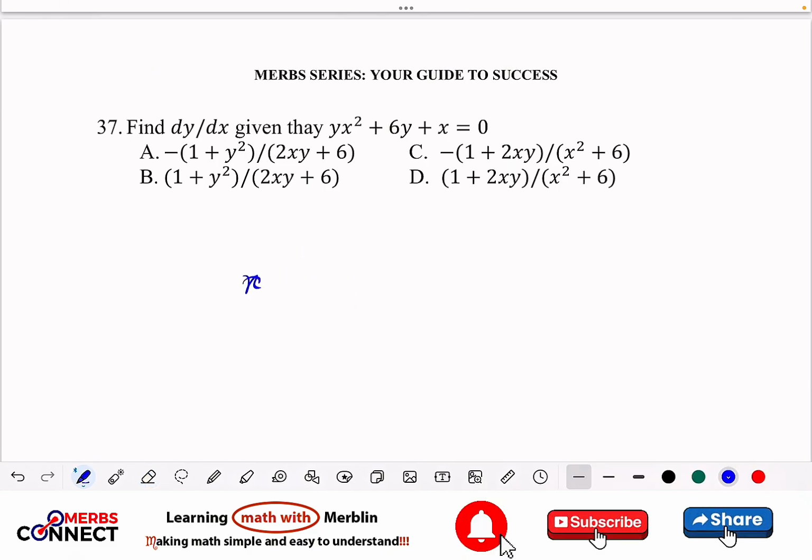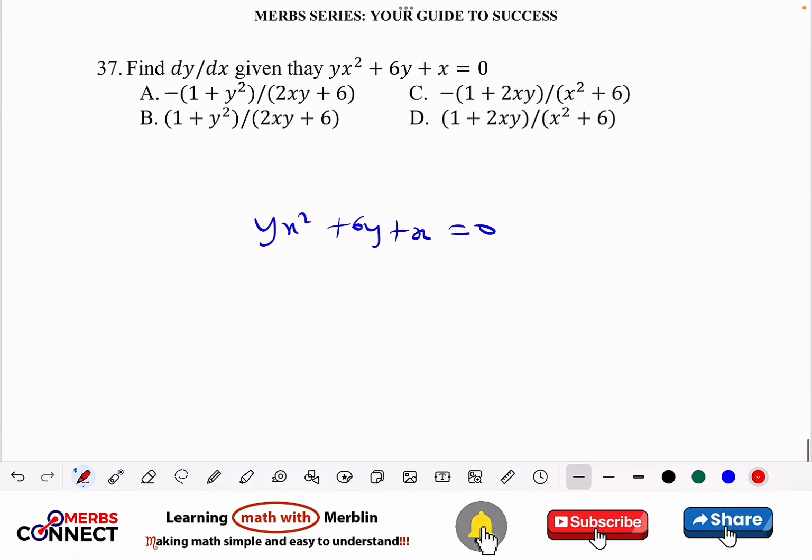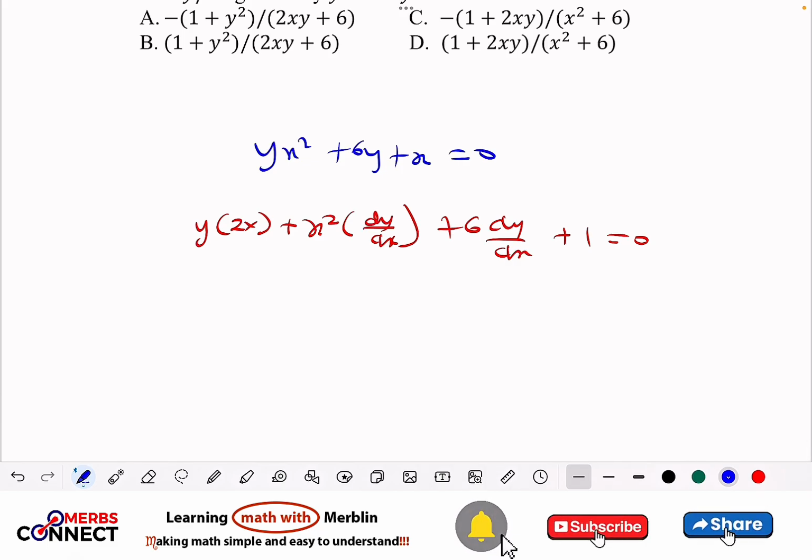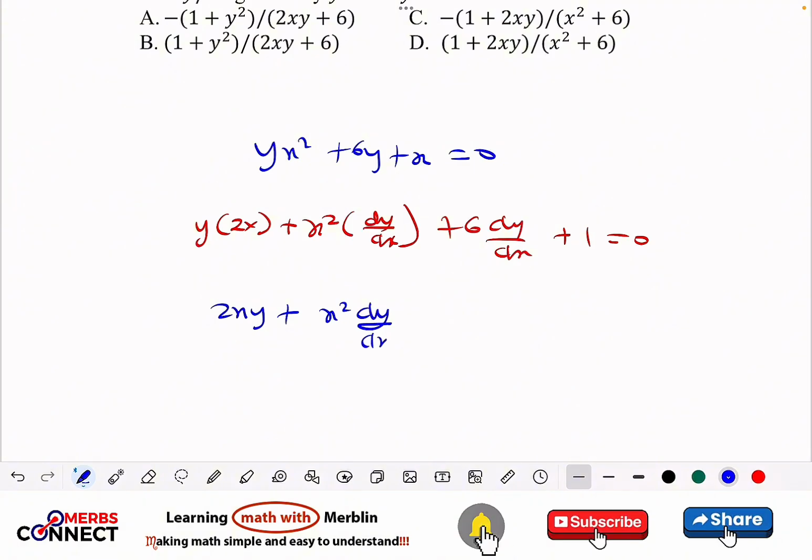So this is y x squared plus 6y plus x is equal to 0. Let's differentiate straight. Use product rule, maintain y and differentiate x, plus now maintain x and differentiate y. Plus 6 dy over dx plus 1 is equal to 0. So this is going to give us 2xy plus x squared dy over dx plus 6 dy over dx,